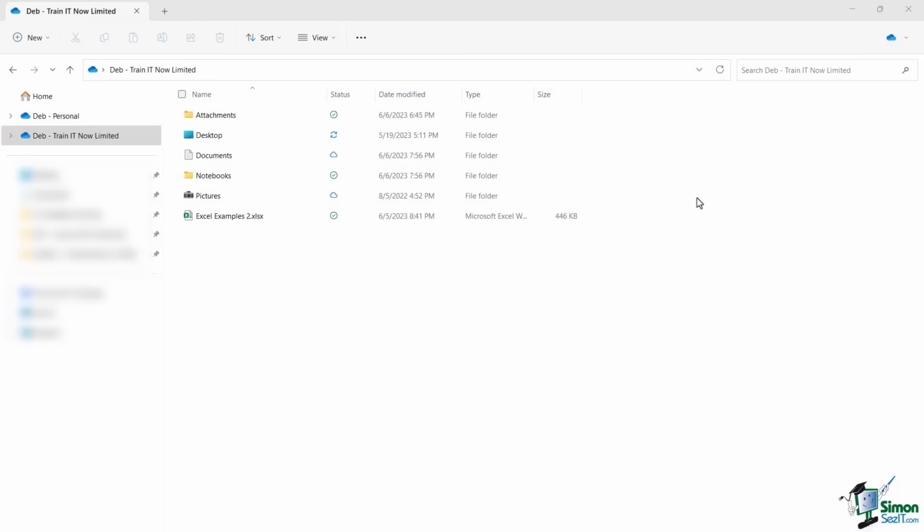So far in this section, we've very much been focusing on how we can access our files through OneDrive online. But I did mention a couple of lessons ago that we can also access our OneDrive files through File Explorer. Because if you think about it this way, if you're sitting at your desk, you don't really want to have